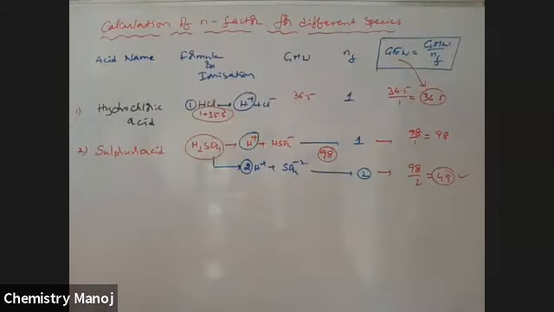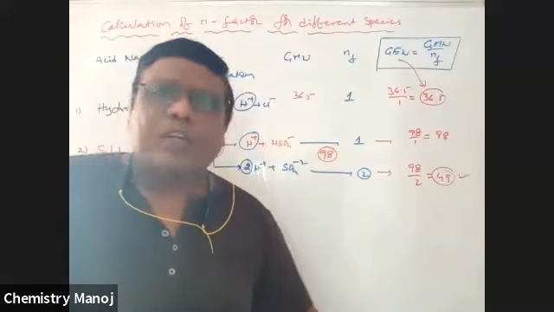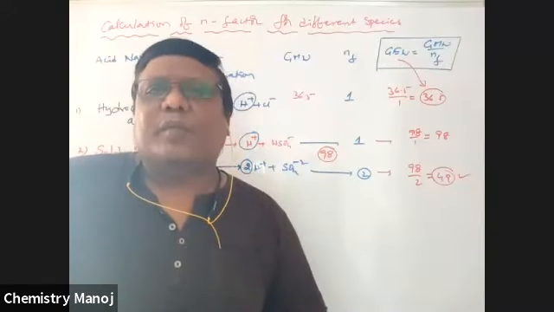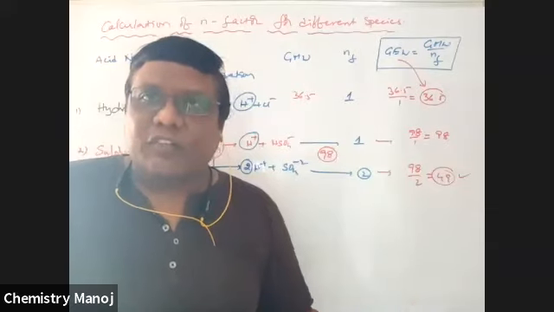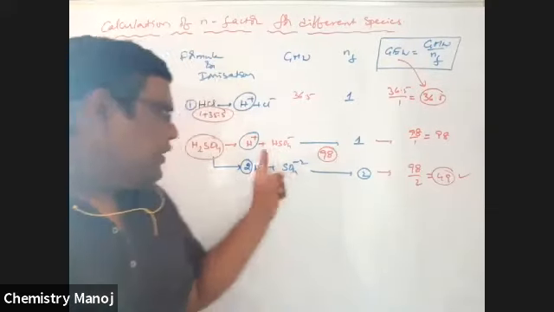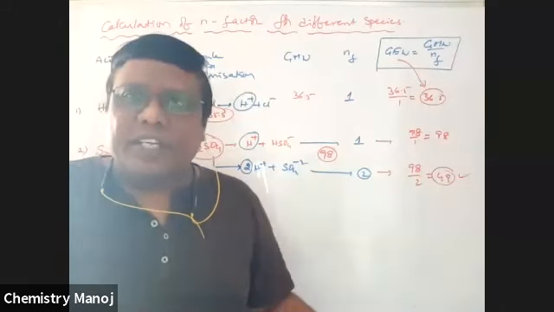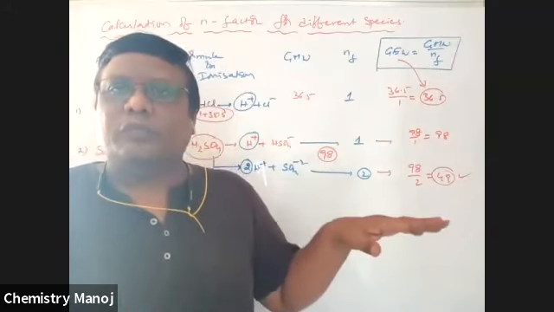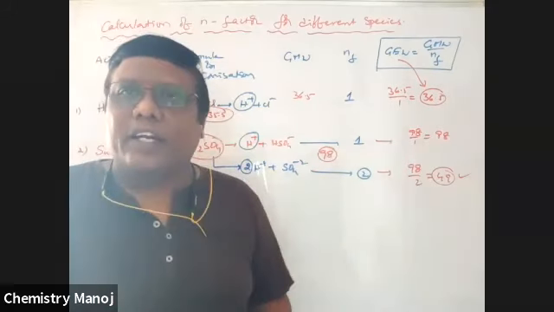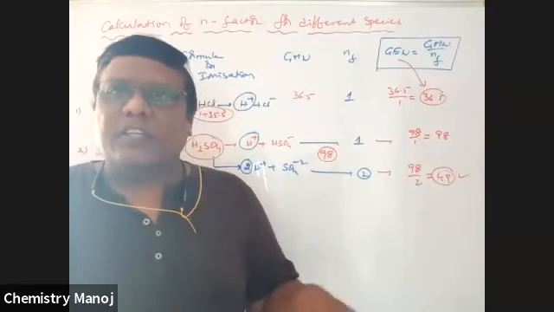What is the equivalent weight of sulfuric acid? How much is the equivalent weight of sulfuric acid? So tell me the ionization. Because it is not 49, my dear boy. In this case it is 98. In this case it is 49. So that means equivalent weight is not a fixed value. It depends on the splitting condition. It is not a fixed value.